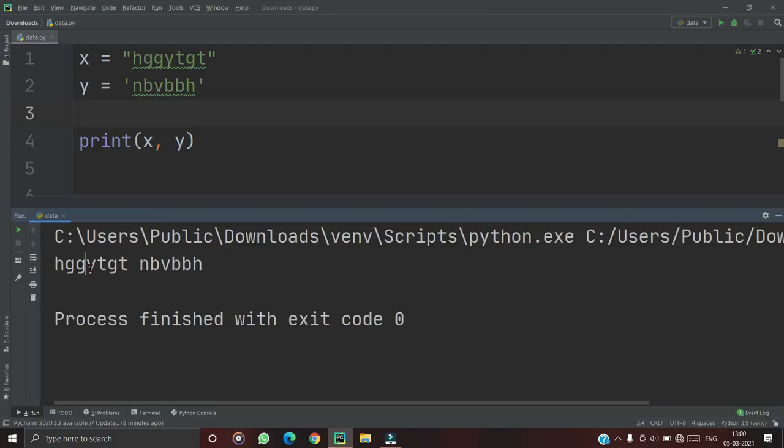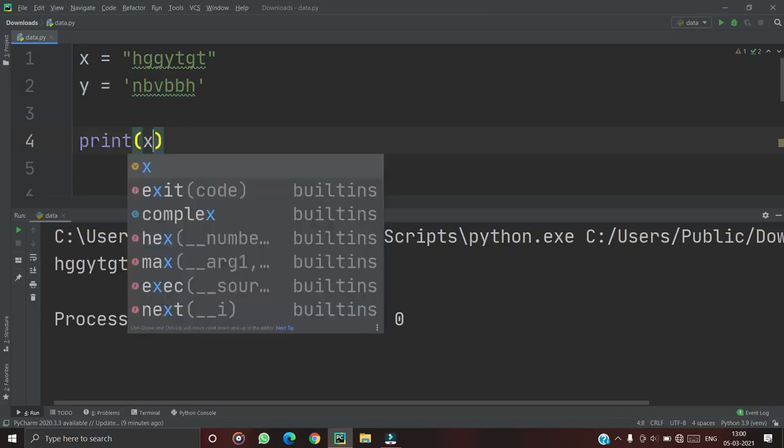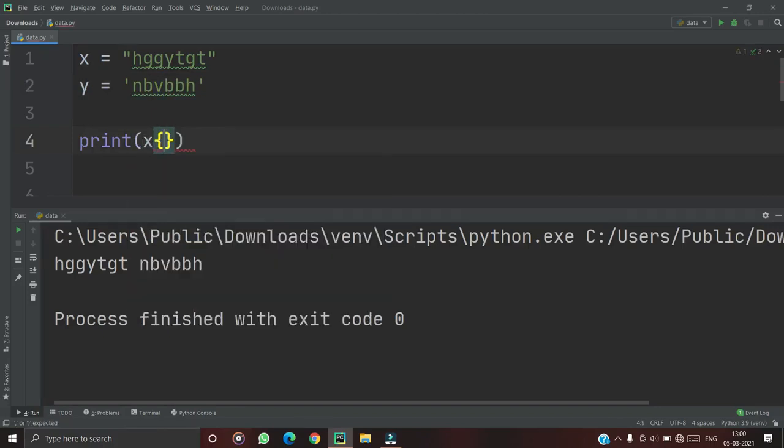So how can you access the values in the strings? If you want to access the h in the x, or a letter from the y, how can I access it? For that, we just need to pass an argument like x[0].